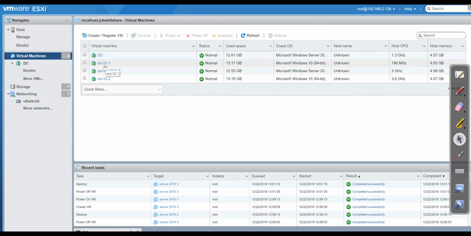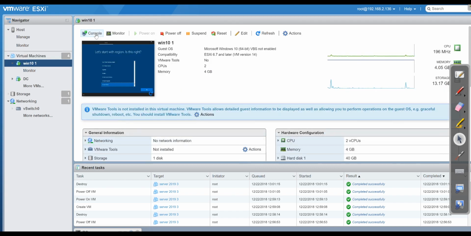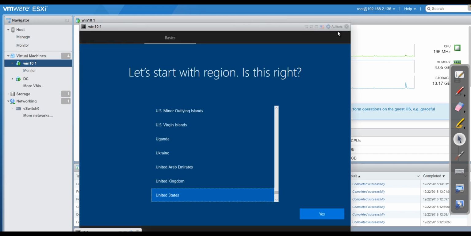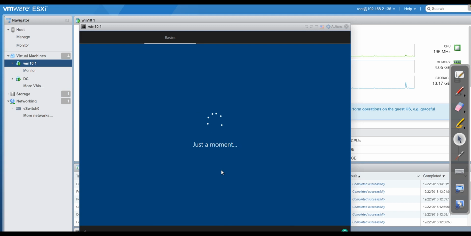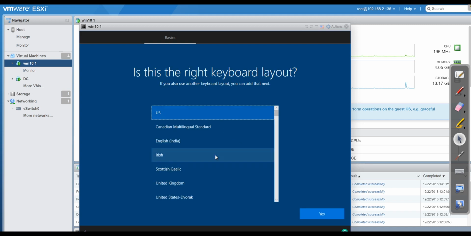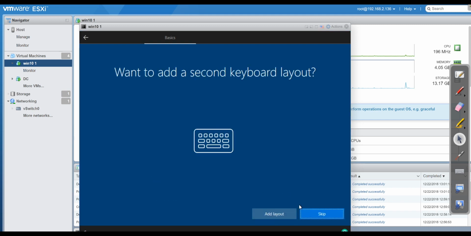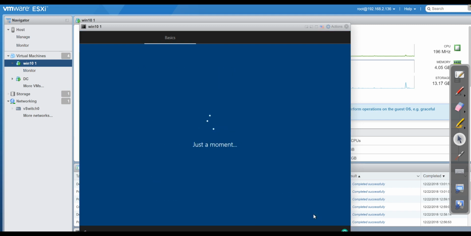So you can call it a staff, you can call it a help desk machine, and in our course we are going to show you all of that step by step. So we're going to click on Windows 10.1, and again, we have already done that for you. When you turn it on, you're going to see that installation is done, or you could create your own from scratch. I feel like it will make no sense for you to start doing it from scratch if you already have this. So I'm just gonna skip this stuff,